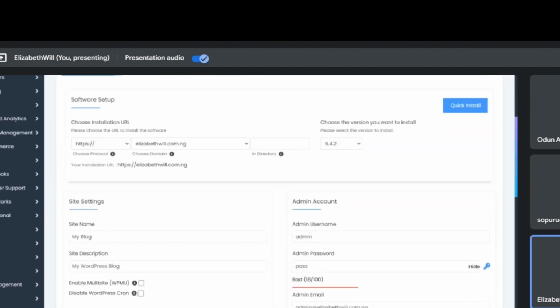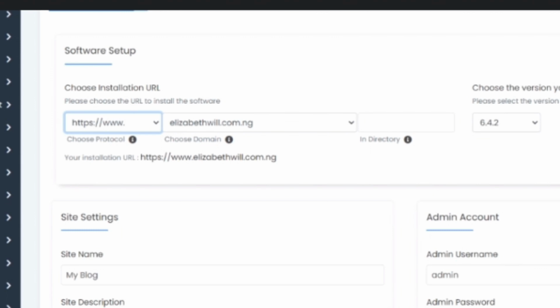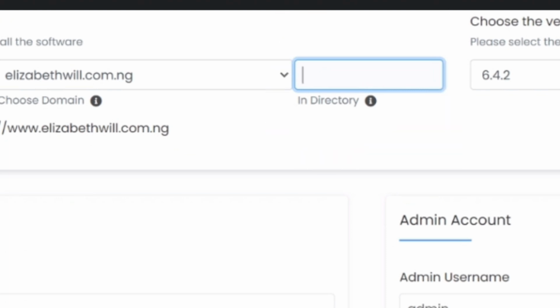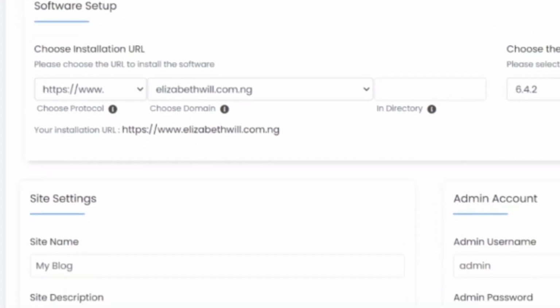When that opens up, make sure you are selecting https://www.yourdomainname. That automatically shows up because that's what you bought. Then make sure nothing is in this directory, because most of the time if you're a new user, you will see something like wp. Clear that out. Make sure nothing is there. If you see anything there, remove it. And when you're done with that,